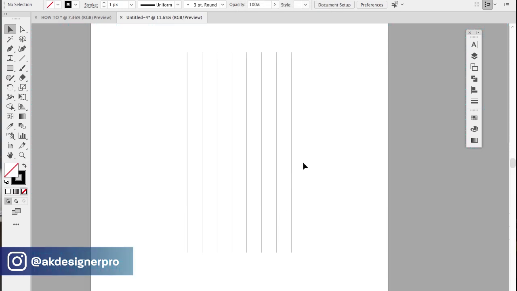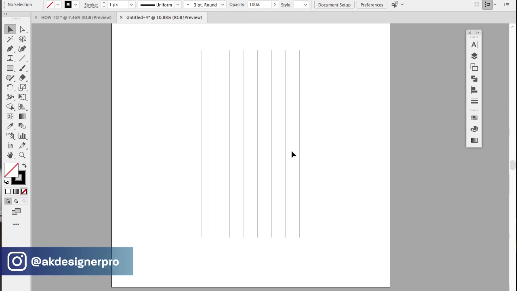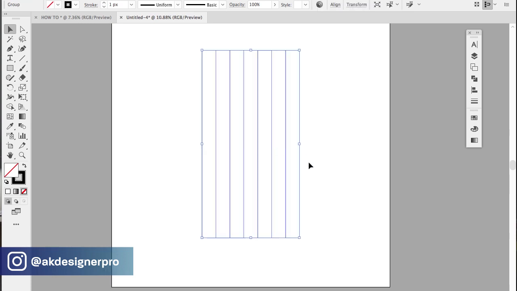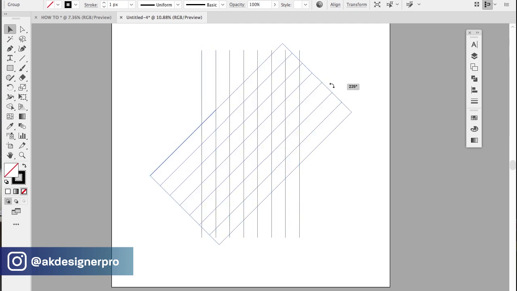The next step is, press Ctrl or Command C and Ctrl or Command F to copy the 8 lines, in front of the first 8 lines. Then we have to hold Shift and start to rotate the copied lines, from top right to the bottom,